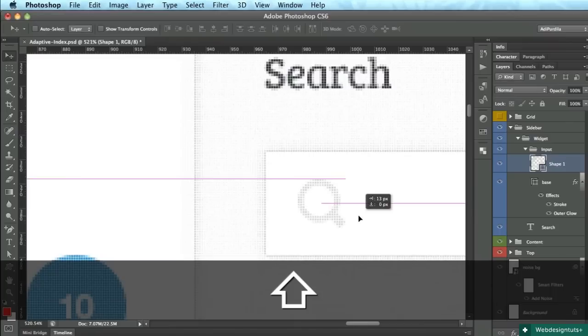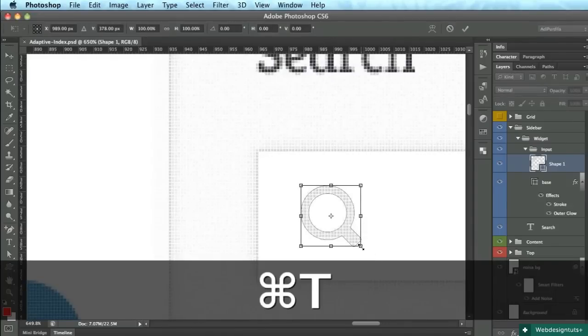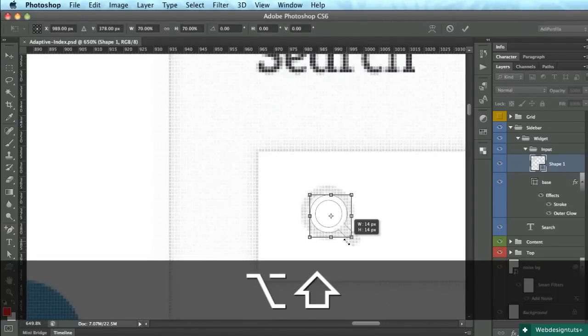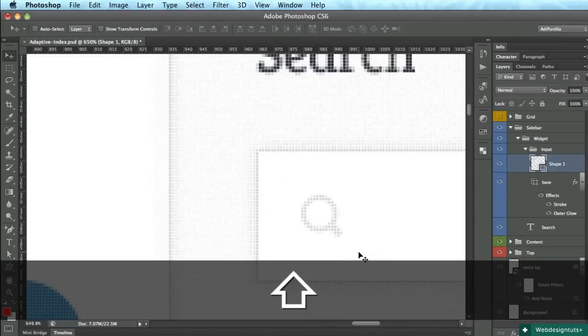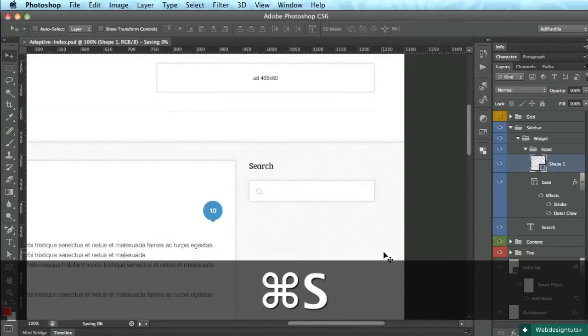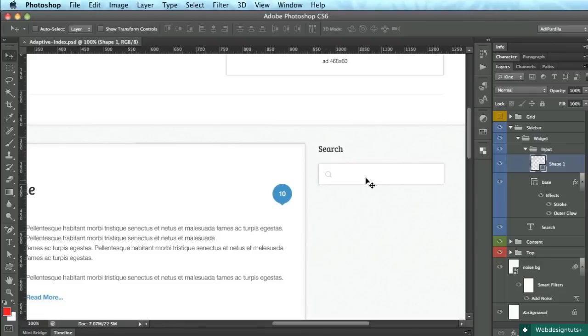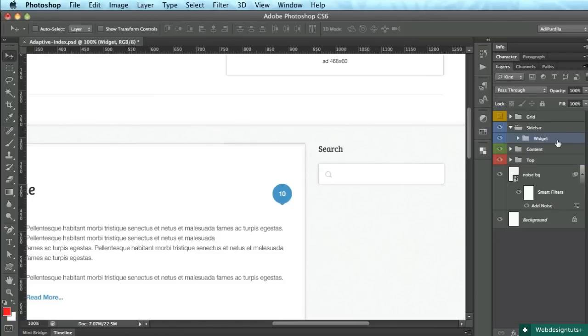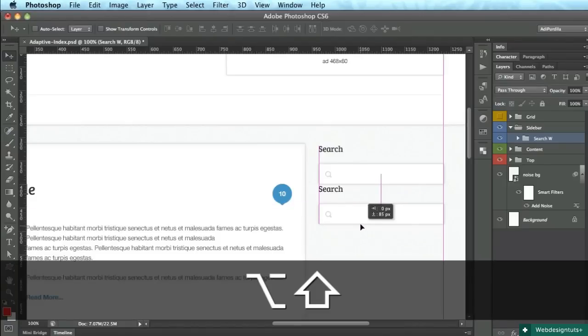Move it 14 pixels from the left. Like that. And actually, I'm gonna make it just a bit smaller, like 14 pixels. And again, 14 from the left. Okay, very nice. Okay, now this is a style that we're going to use for the rest of the form elements. So it's good that we got this over with. Next, we'll do a social widget. So we'll do search widget, and then